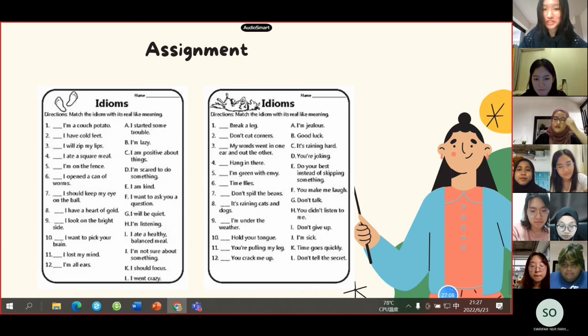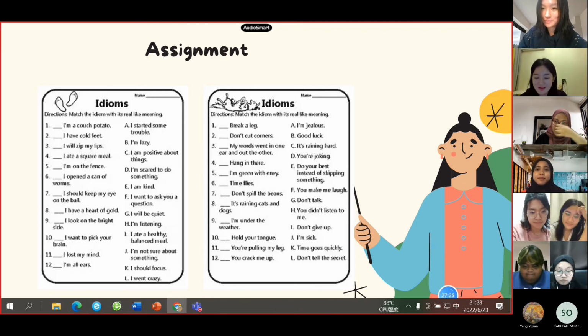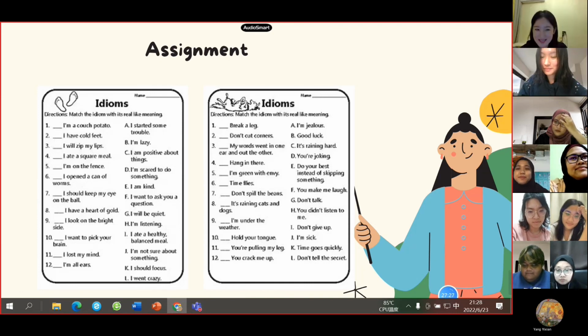I only knew two idioms. The first one is it's a piece of cake. The second one is it's raining cats and dogs. So I only knew these two idioms, but I learned three extra idioms from this class today. So I think I gained a lot. Thank you. Yes, she's right.